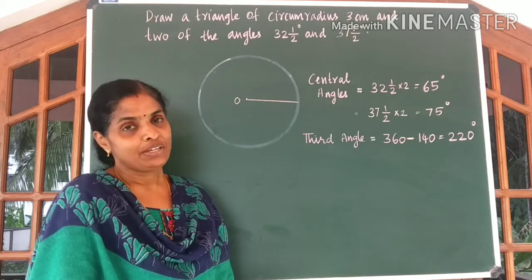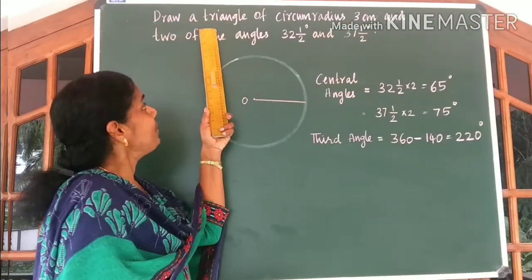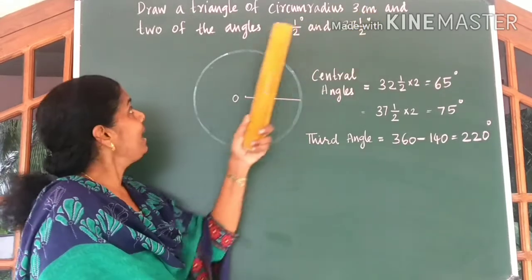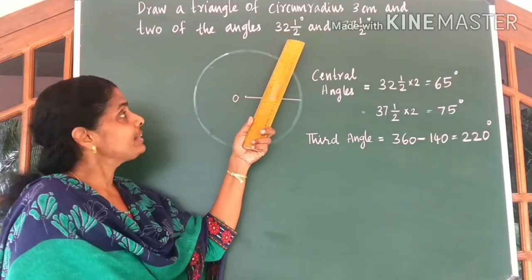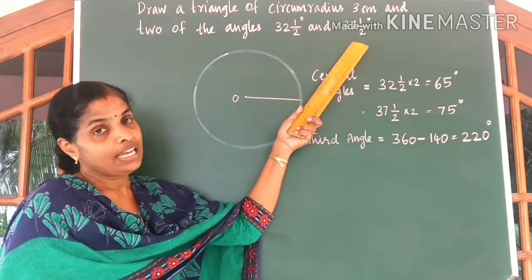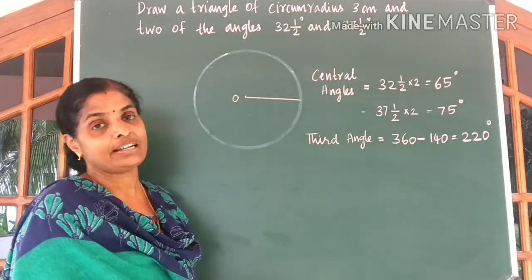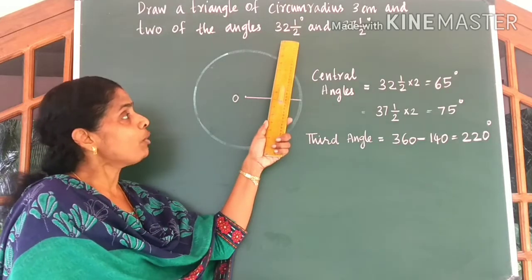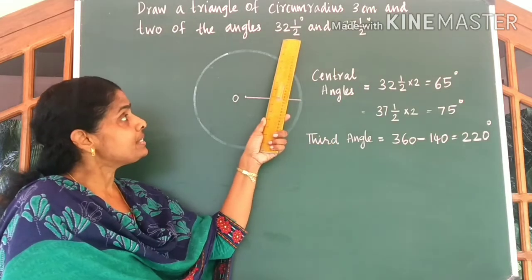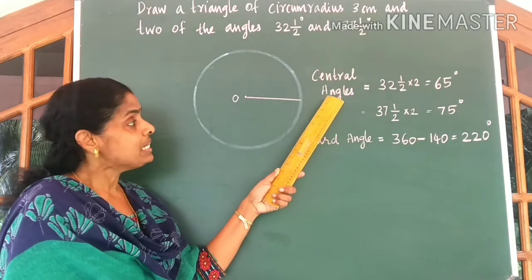Of circles. First of all, let us discuss a very important construction. Draw a triangle of circumradius 3 centimeter and two of the angles 32.5 degree and 37.5 degree. In our previous video, we have discussed drawing an acute angled triangle. Now, by looking at the two angles, you can understand, since the two angles are 32.5 and 37.5 degree, central